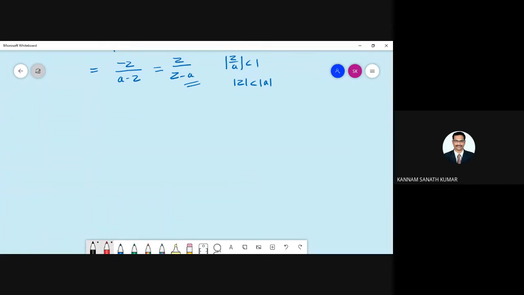So find the Z transform and ROC of x[n] equal to 3 into (5/7)ⁿ u[n] plus 2 into (−1/3)ⁿ u[n]. You need to find the Z transform of the given function. So this is x[n]. x[n] equal to this function.